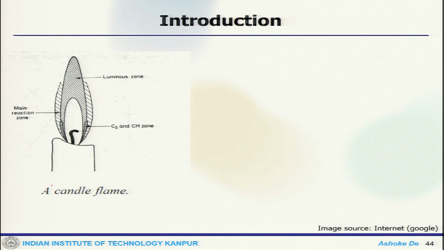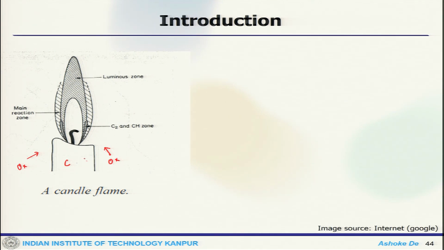This is a typical image of a candle flame, where the candle is essentially your solid fuel, this is your carbon, and obviously from the sides you get the oxidizer, that means air. Once you get the air, it keeps on burning. But one important thing to keep in mind is that any combustion, whether premix, non-premix, partially premix or multiphase, takes place in gaseous mode only. Even when we are burning a candle as a solid, pyrolysis takes place.